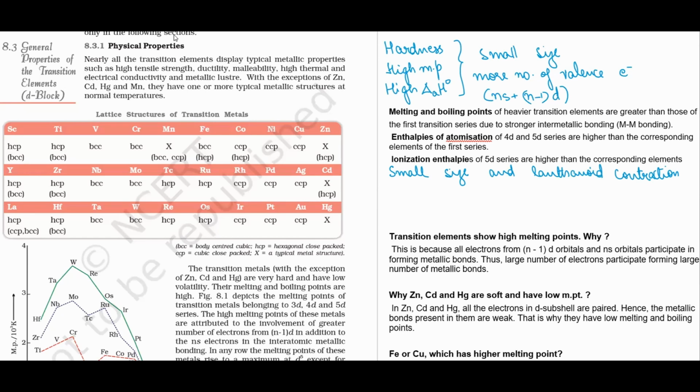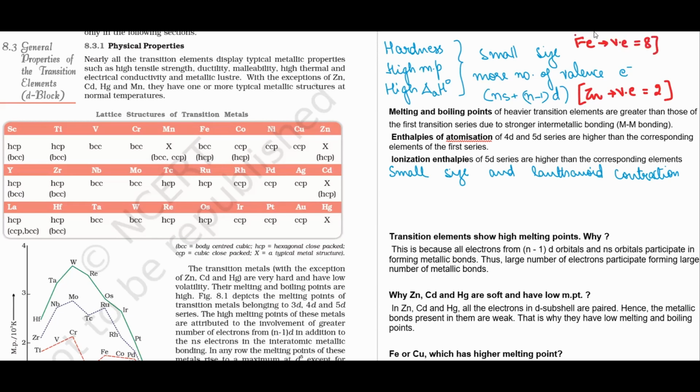And if the penultimate d is fully filled, then we count valence electrons as only the ns electrons. For example, if I'm talking about zinc, then the valence electrons are going to be only 2. Since d is fully filled, we count zinc valence electrons to be equal to 2. But if I want to count it for iron, the valence electrons for iron will be counted as 4s2 3d6,